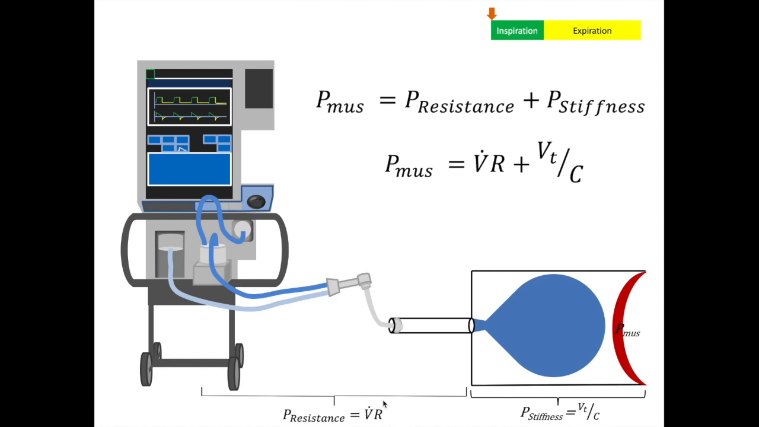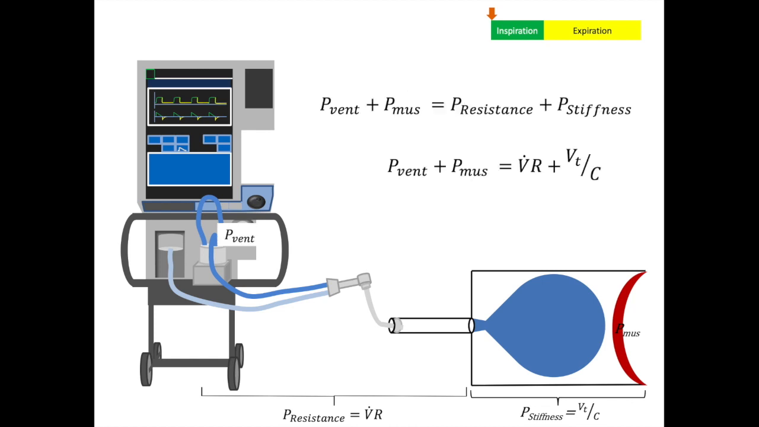There's going to be a higher resistance to flow. Unlike the iron lung, which was a negative pressure ventilator, this ventilator is a positive pressure ventilator, meaning it creates a pressure that is greater than atmospheric pressure, and that's P-vent. P-vent is a positive pressure, and it transmits down the airway, so down all these tubes, down the endotracheal tube,